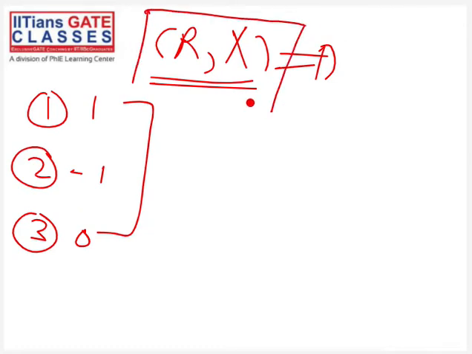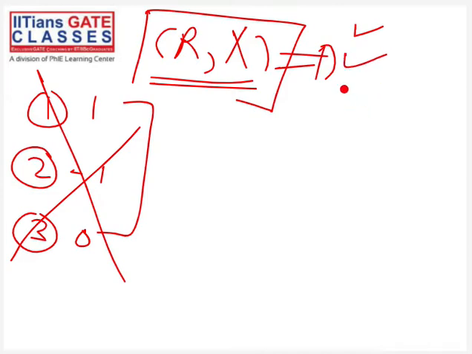If I do not give you these elements, if I directly ask you, then you already know that this is associative, this is commutative. There is an identity element also. The identity element is 1. Now, if I ask you whether inverse exists for this operation or not, then what will be your answer?